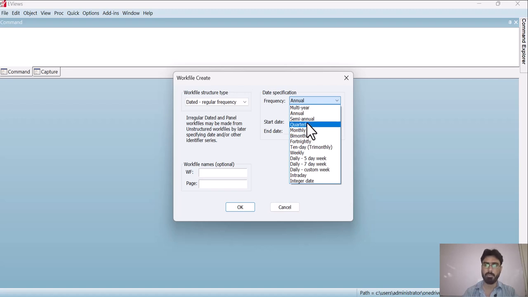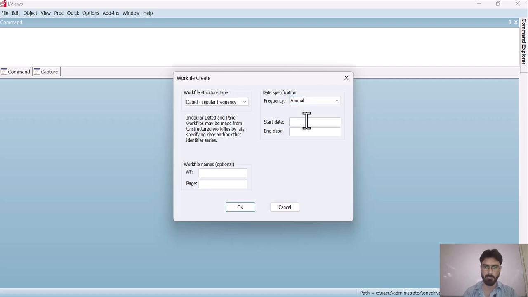I am going with the annual option as my data is annual. And here we have to enter the start and end date of our data set. The start date of my data set is 1996 and the end date is 2019, so I am going with this option.